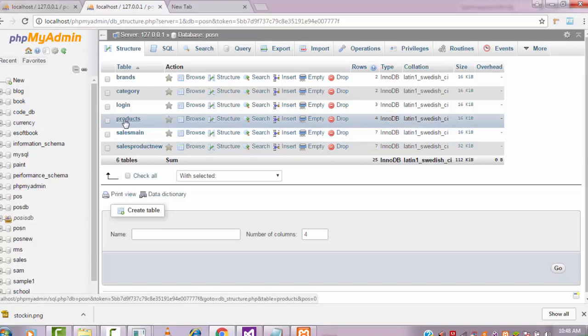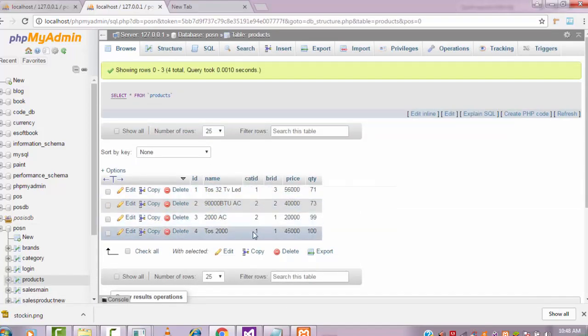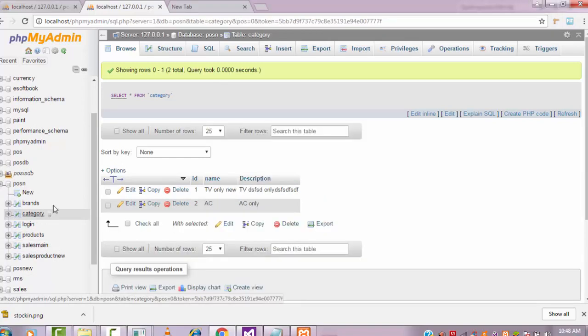Here you can notice that in product, the category ID will be available, brand ID will be available. So this will be the main part. I am getting this ID and I am going to equal it to my category table, this table. Getting this ID and passing to this result.